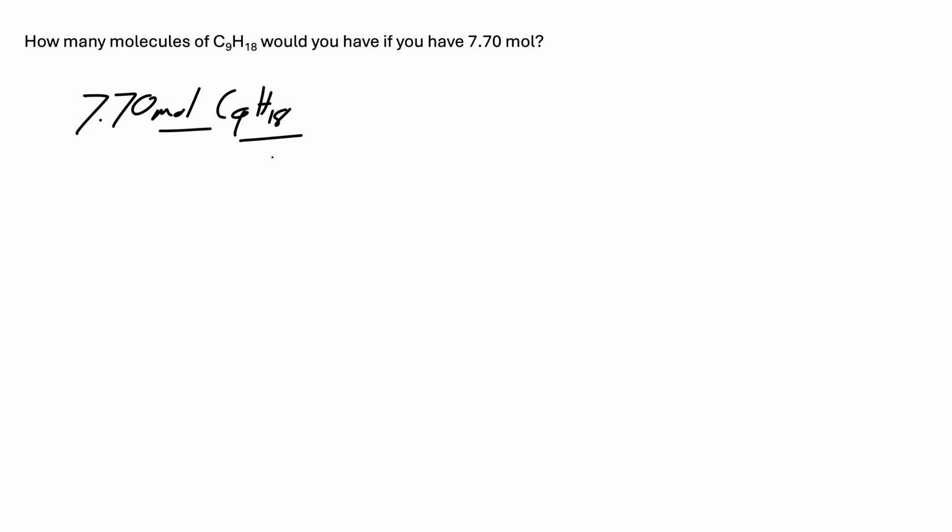Now, if we're going from molecules to moles, or vice versa, the value we need is called Avogadro's number. It's something like 6.022 times 10 to the 23rd particles per 1 mole. The reason I generalize it to particles per mole is because you can technically have a mole